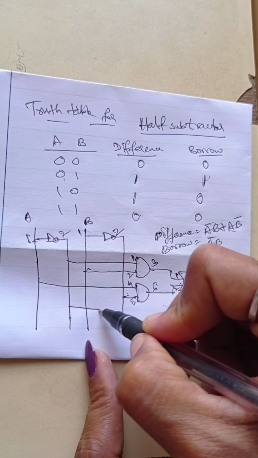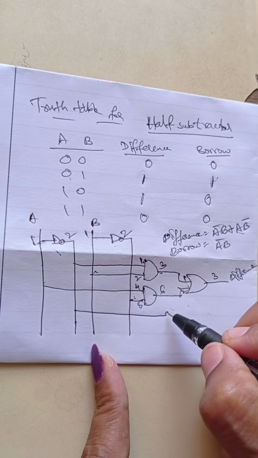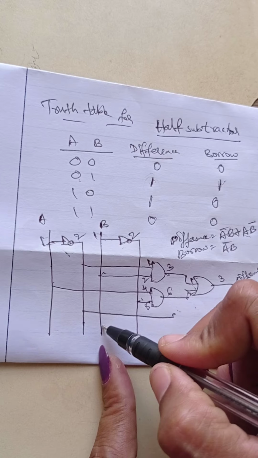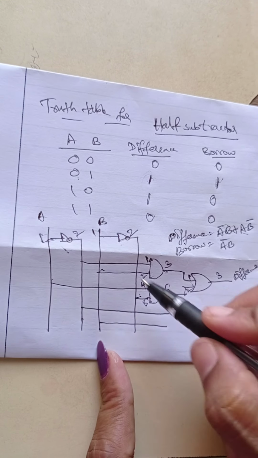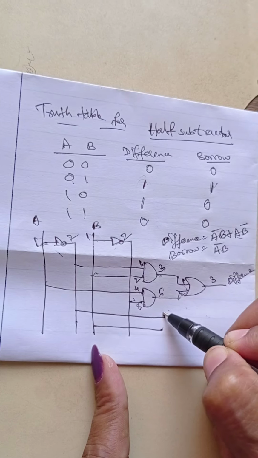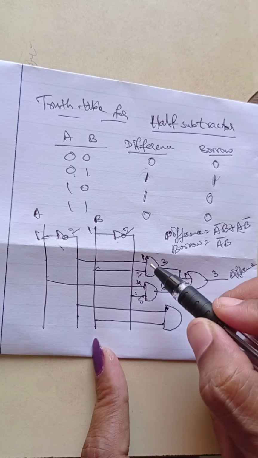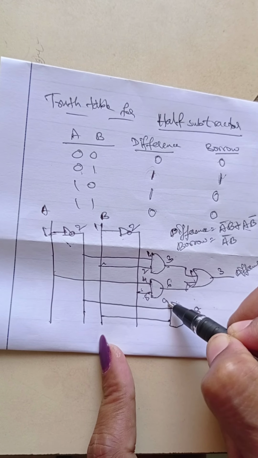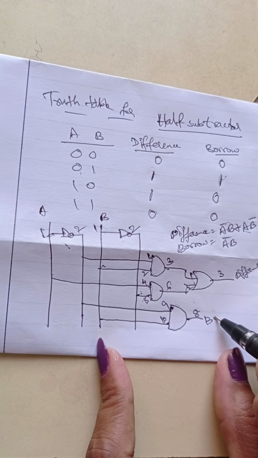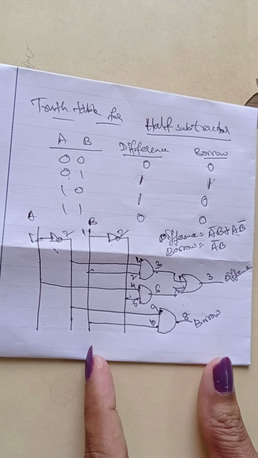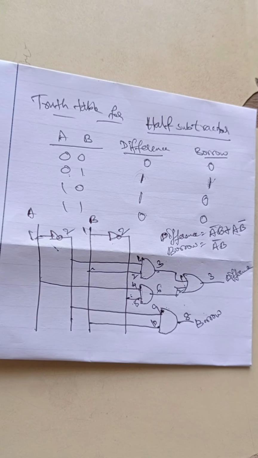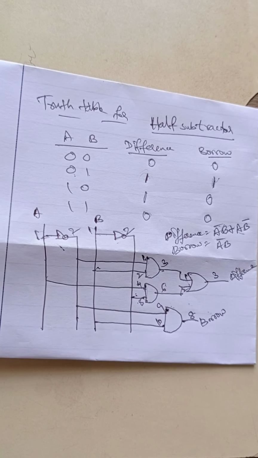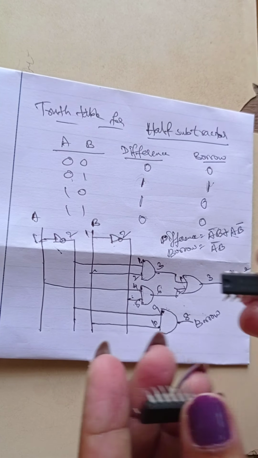Borrow: take an input from NOT gate, first pin A bar and next B, that is NOT gate input pin, and connect with AND gate. Already 1, 2, 3, 4, 5, 6 pins were used. So 8 becomes output, 9 and 10 pins. Now this is the borrow. Now we will design the circuit hardware by using NOT gate IC number 7404 and AND gate 7408, OR gate 7432. Okay, these are all the ICs.